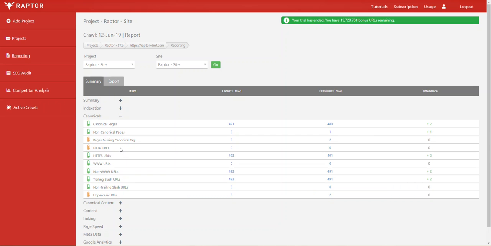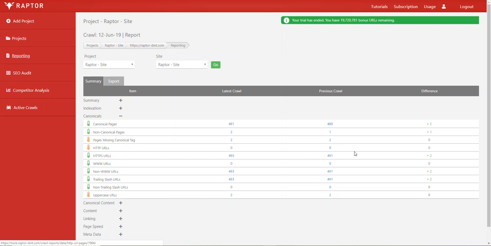Now, HTTP URL stands for Hypertext Transfer Protocol, which is essentially the protocol through which your web browser liaises with web servers and presents content to you. Now, HTTP is the insecure or not secure version of HTTPS, and nowadays most sites use the HTTPS with the S standing for security. Now, on this page you can see any pages that use HTTP from the